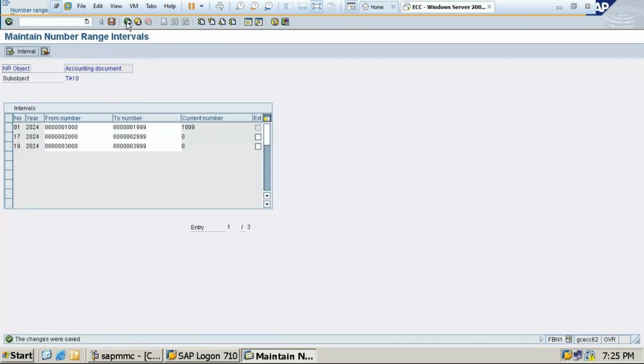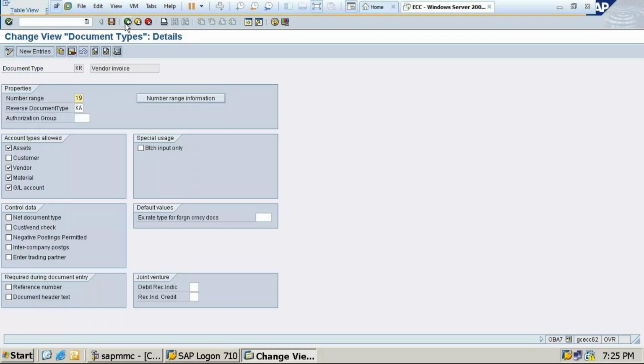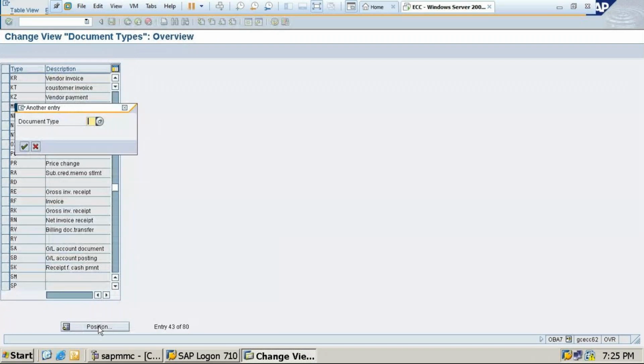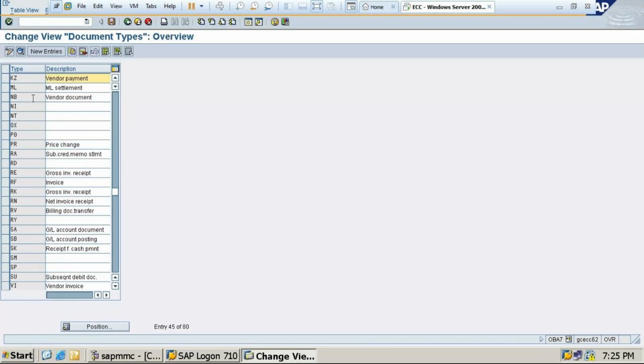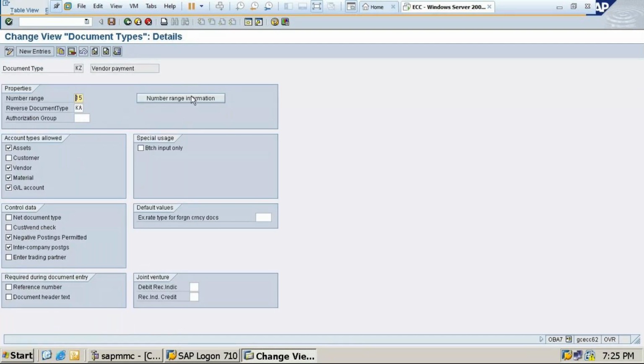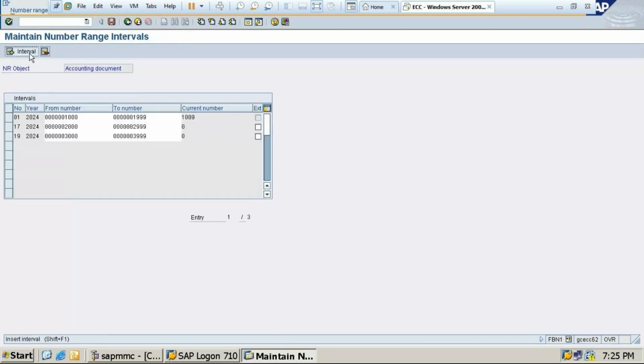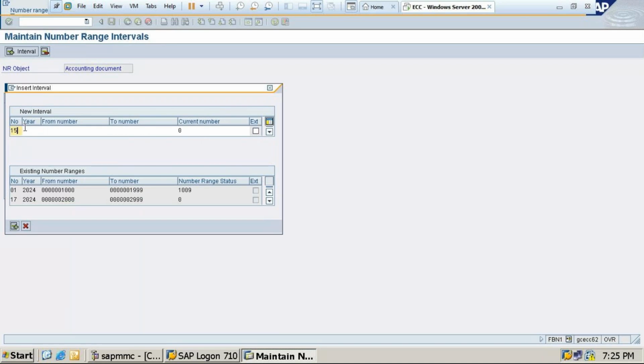Okay, back. Likewise we need to do one more last, that is customer. When I teach you that, I'll create it then, not now. So KZ is for vendor payment. Select this 15 number range. Give TA10, change intervals, then here I'll type 15, 2024.